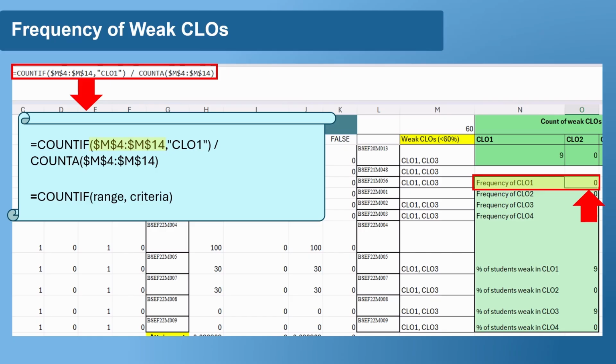Then the second part of the formula is COUNTA. The COUNTA function counts the number of non-empty cells in the range. In this context, it represents the total number of students whose weak CLO data is recorded. And finally, the formula divides the two values. So Excel calculates the number of students weak in CLO1 divided by the total number of students. This gives us the proportion or frequency of weak CLO1 cases. For example, if 4 students are weak in CLO1 and total students are 10, then the frequency would be 40%,